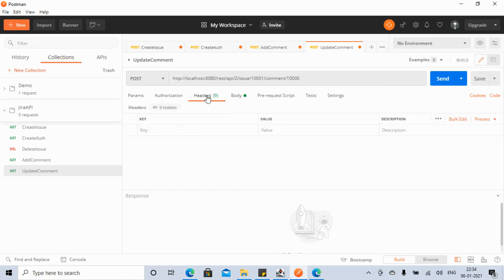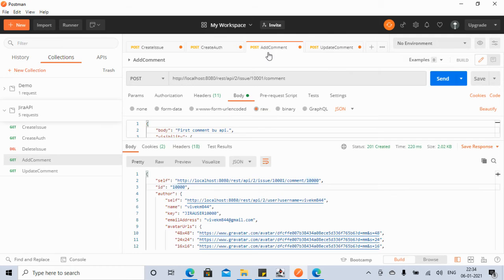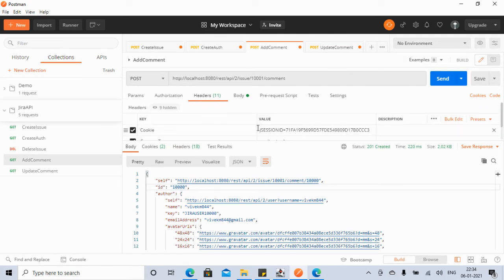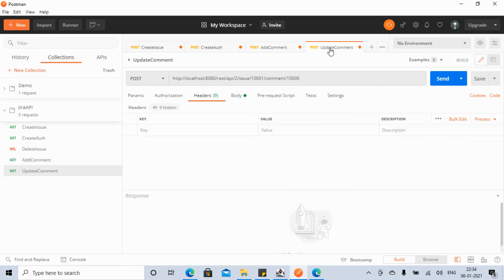Now, don't forget, we have to update the headers as well. That is very important. That's the way this Postman will be able to communicate with Jira, because Jira has exposed this API, and they said, okay, you can use these APIs, but you have to create the session ID, right? So we are doing that, and then we can also use the content type.